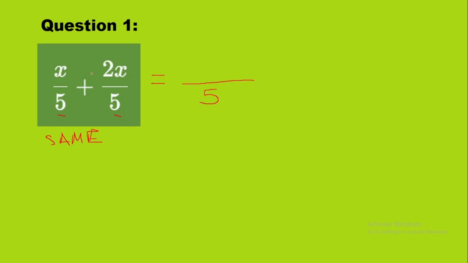So we have our x plus 2x at the top. And because these are considered like terms, it's going to be equal to 3x